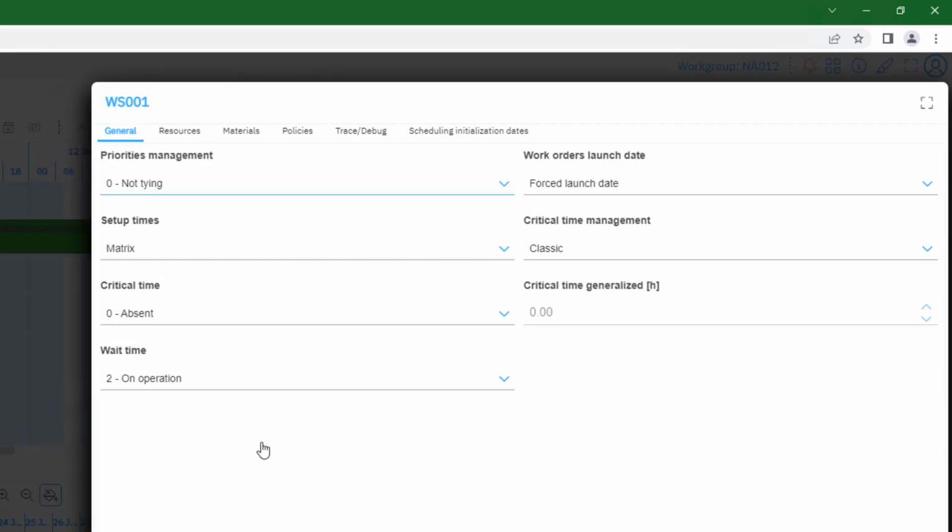Here, we see two critical settings or rules that impact how web scheduling optimizes and synchronizes the resulting production plan. The setup times setting tells web scheduling to use the optimization matrix to determine setup or changeover time. This also enables the element of the algorithm that groups like work orders and minimizes the calculated changeover time. The work order's launch date setting defines what date will determine when the work order can be scheduled to start